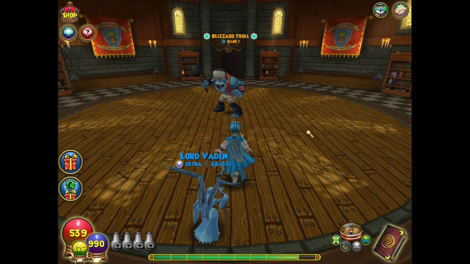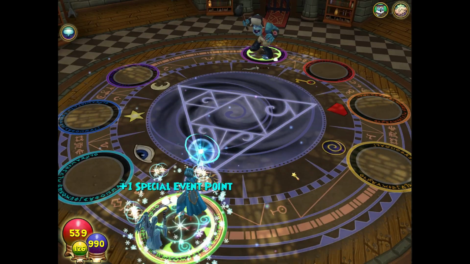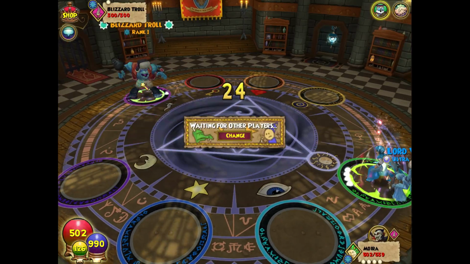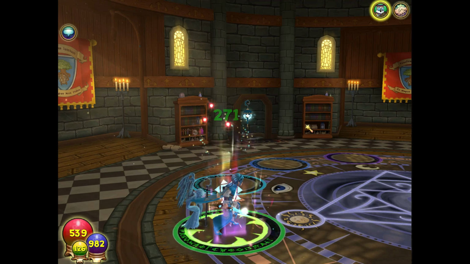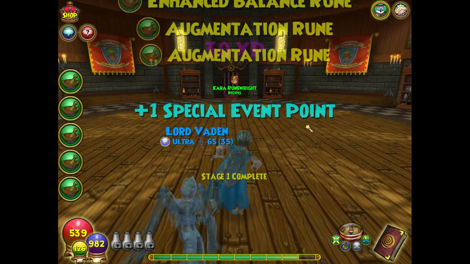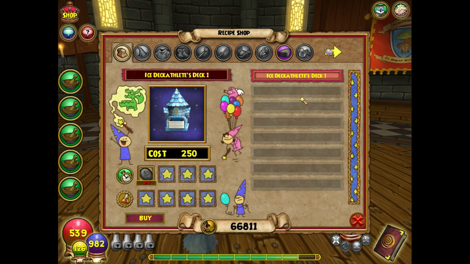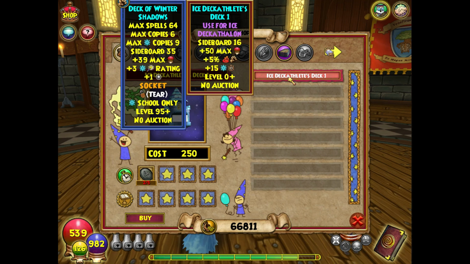It's a blizzard troll. Okay, we got a lot of ruins, and Kara Runewright comes in for recipes. There's the Ice Decathletes deck. Now these are good because they do give you an increase to your strength and a decrease to their hits. The first Ice Decathlete deck also gives you 50 extra health, and you have 16 cards that will be available, so